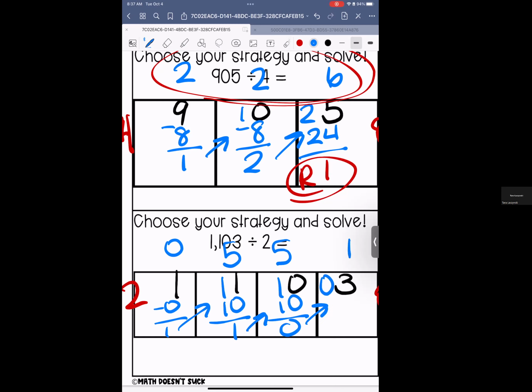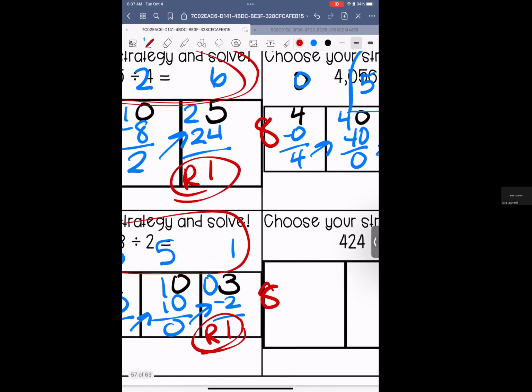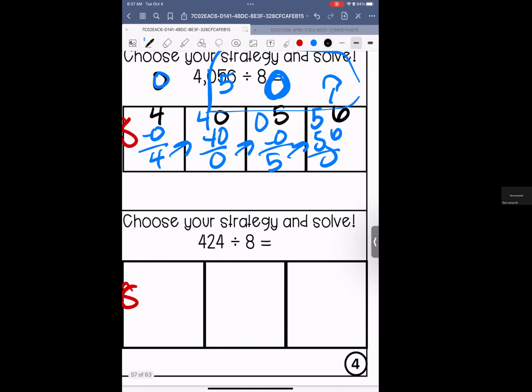2 goes into 3 1 time. Our remainder is 1. It's smaller than 2. That means it's an okay remainder. We have 551. And then our last one for this page,